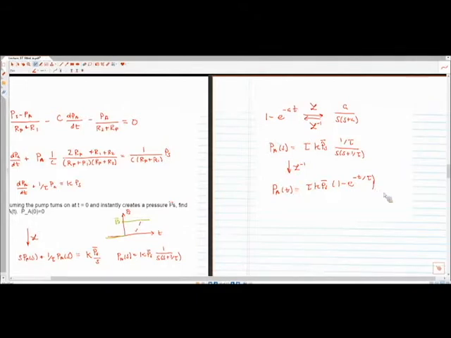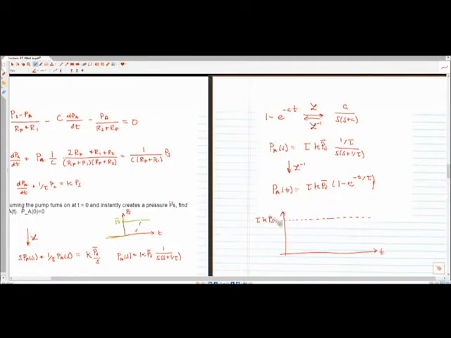So just to note visually what this looks like, okay, if we look at this, we should have an initial pressure of 0, right? We said the system starts completely depressurized. So if I plug in time equal to 0 in this expression, I get e to the 0, which is 1. 1 minus 1 is equal to 0, right? So as I plot, it starts at 0. If I look at time going to infinity, if I want to know the steady state response of this plot, e to the negative infinity is 0. That means my final value for this plot would be tau K